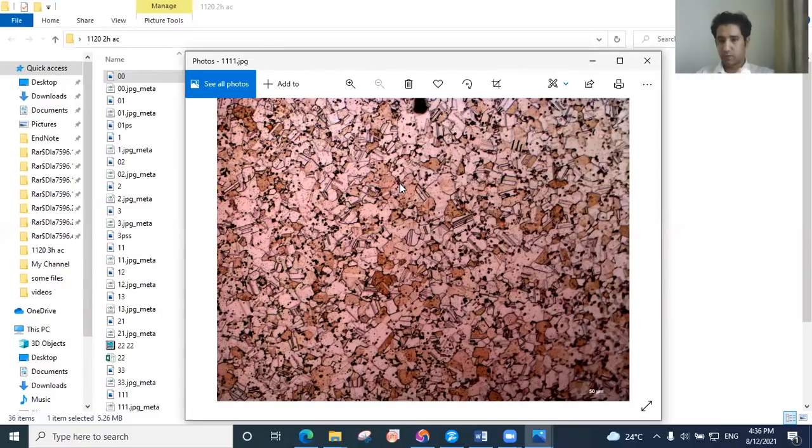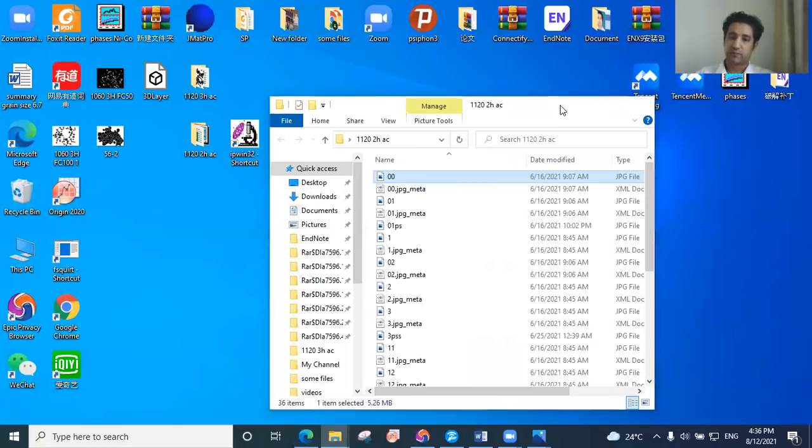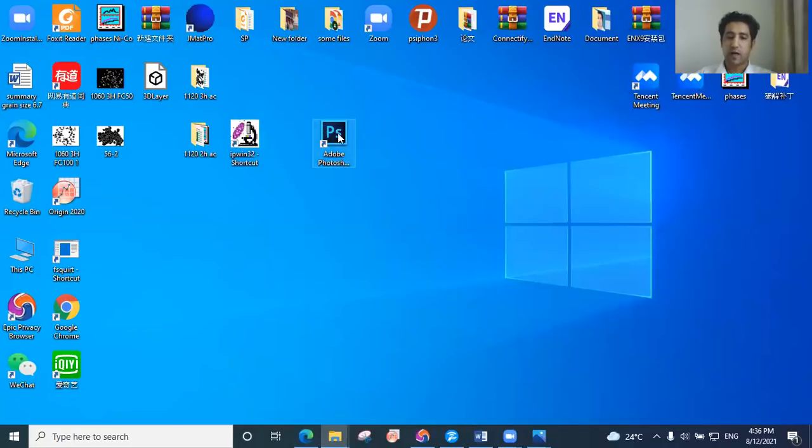To know exactly the grain size of the microstructure, you need to install these two apps. First, the Photoshop app, and the second is IP Windows 32. You need to download those two apps to be able to calculate the grain size. Let's see, open the Photoshop app,